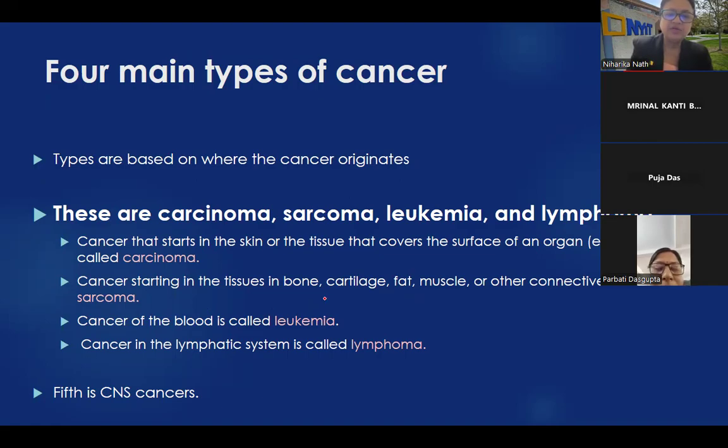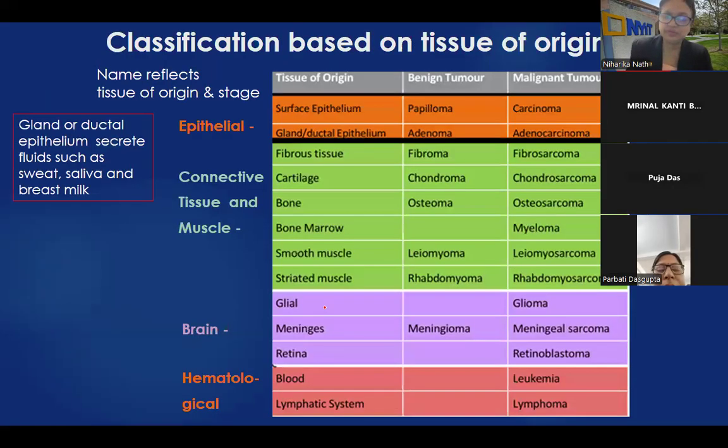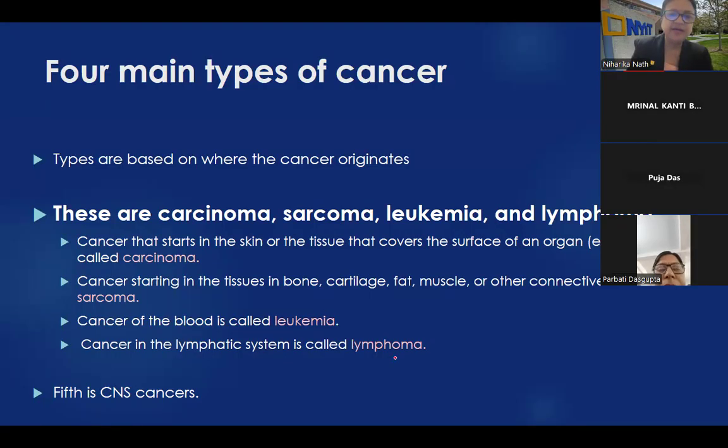And that which originates from the blood is called leukemia. So those are cancers of the blood. It can start from the bone marrow, but it's cancer of the blood. And then we have a lymphatic system. Does everybody understand that we have lymph nodes? You have them under your armpits. You have them at certain locations. And cancer of the lymphatic system would be called lymphoma. So four in total: carcinoma, sarcoma, leukemia, and lymphoma.